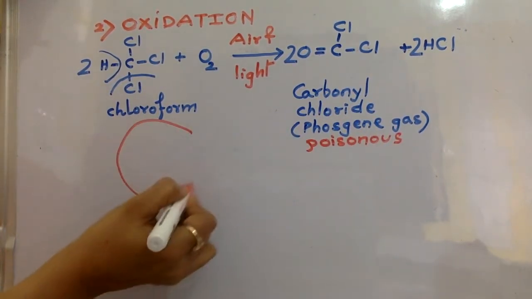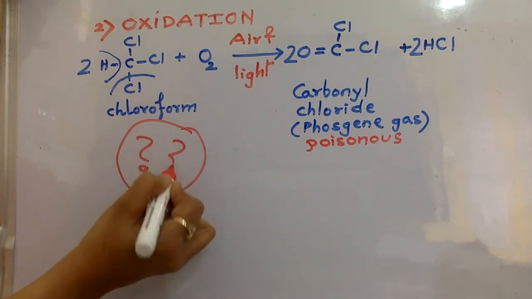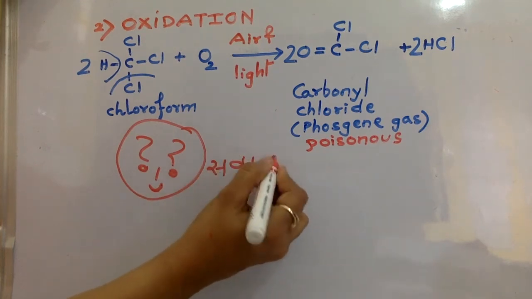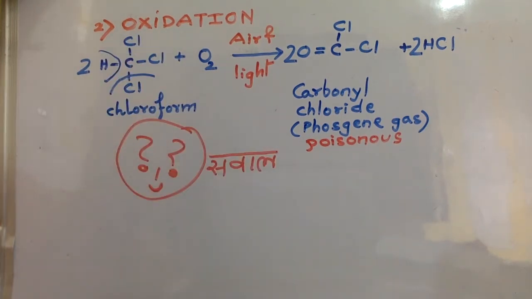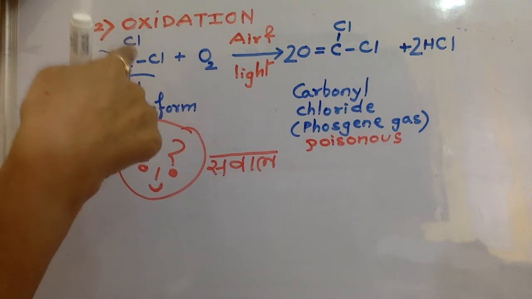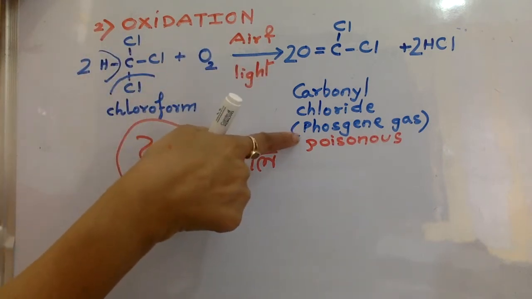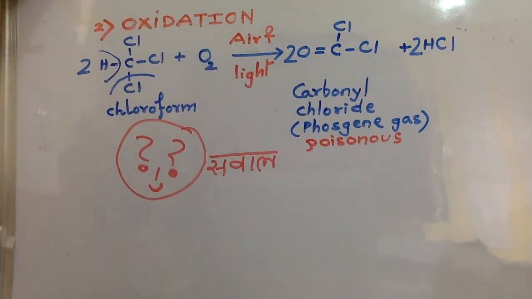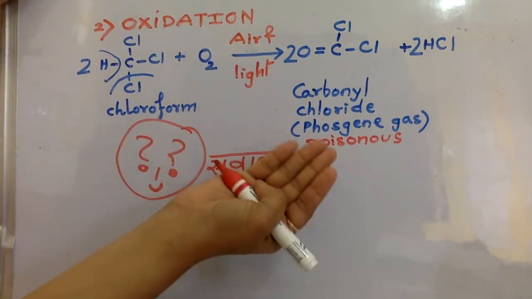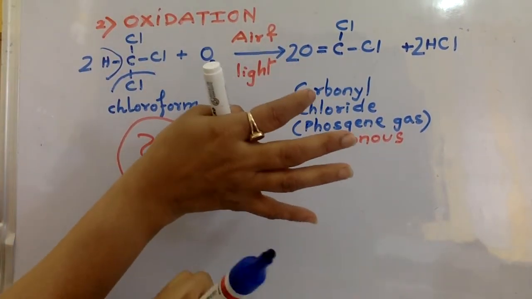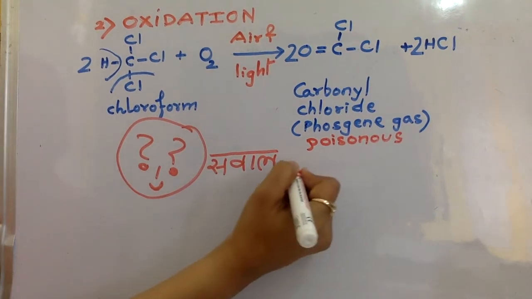Hence, एक बड़ा ही अच्छा और मस्त सवाल. And what is the सवाल? The question is, chloroform is an anesthetic. और अगर आपने एनेस्थेटिक पॉइजन वाला पेशेंट को दे दिया, क्लोरोफॉर्म का पर्पस क्या हो सकता है? ऑपरेशन के पहले इसको ये बेहोश करने के काम आ सकता है, दवाइयों में काम आ सकता है. अब अगर उसमें पॉइजन है तो बंदा ठीक नहीं होगा. समझ गए ना? So the सवाल is,